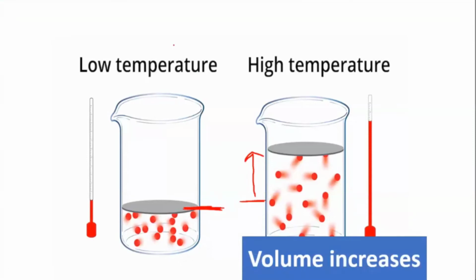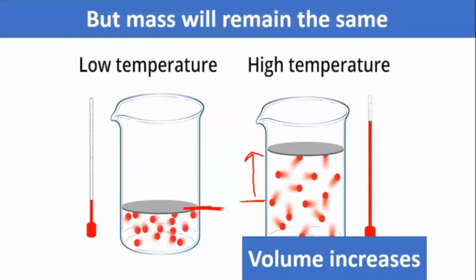The mass is there. No, that will remain the same because the molecules are not going outside. They are still present there itself. But what happens is only the volume will increase, but the mass remains the same. So this is the effect of temperature. Remember, at lower temperature these molecules will still be there, but at higher temperature they acquire certain energy and then it will lead to an increase in the volume.